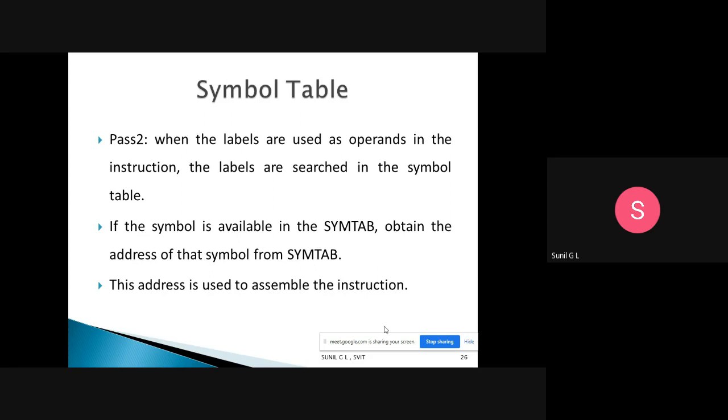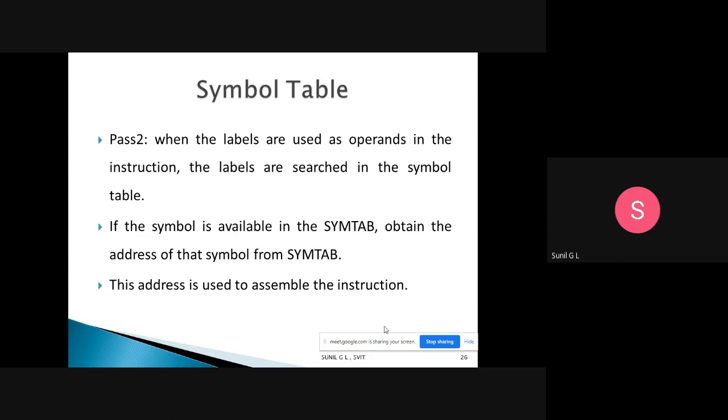If that particular symbol is available in the sim tab, it gets the address from the sim tab. This address is used to assemble the instruction, to convert it to machine code, during the second pass.